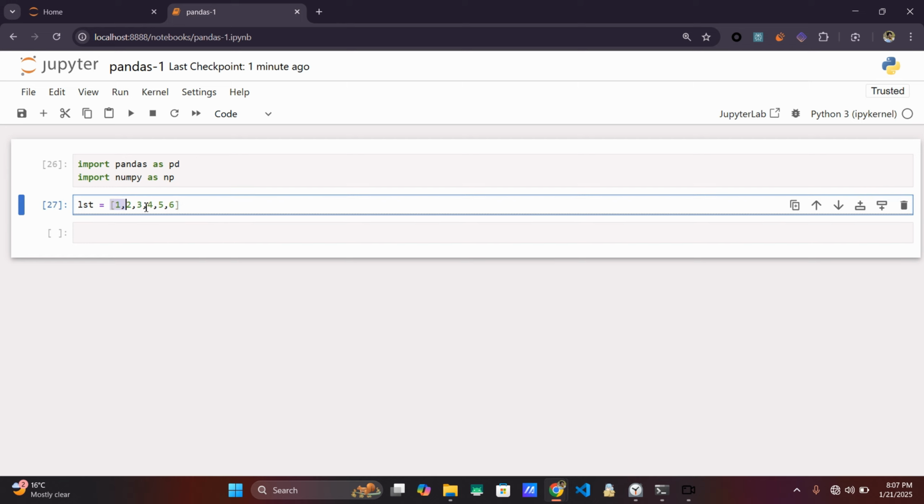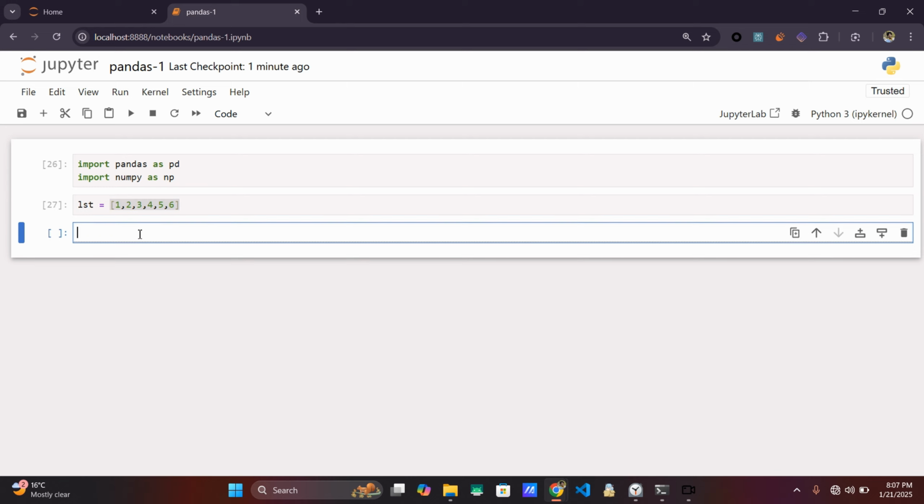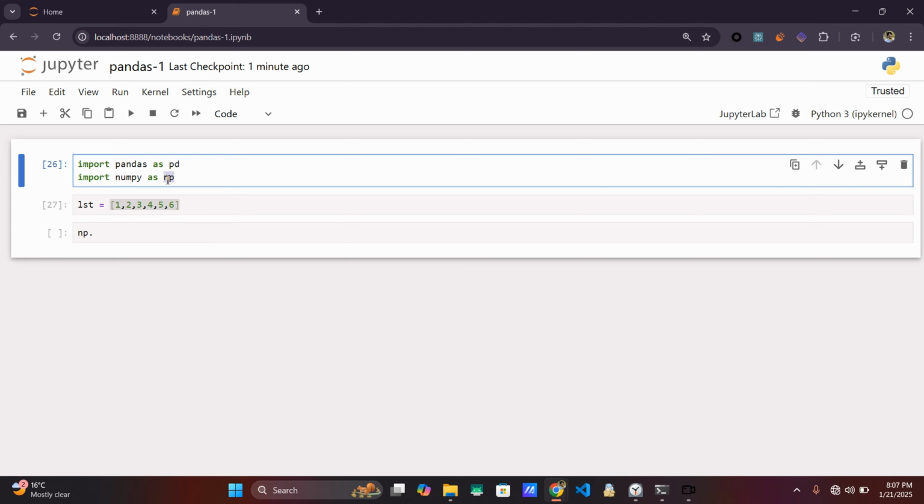As you can see, this list contains only numeric values, so it is of a single data type, and we can use a NumPy array. So np, as you can see, I am referring to this